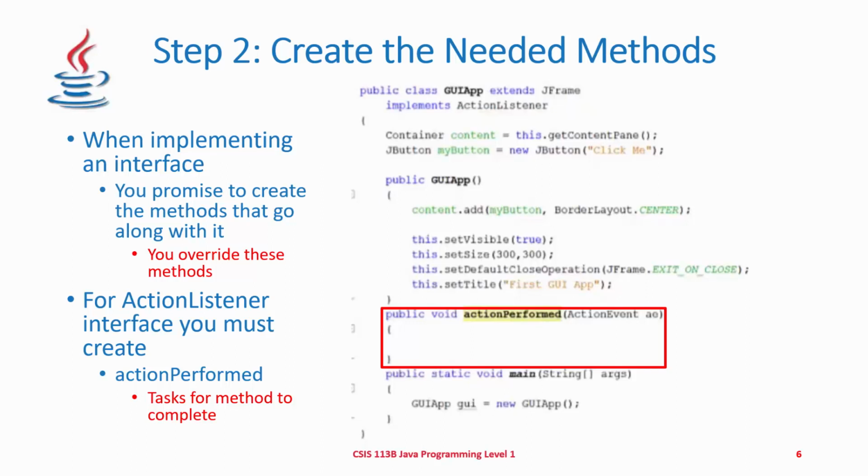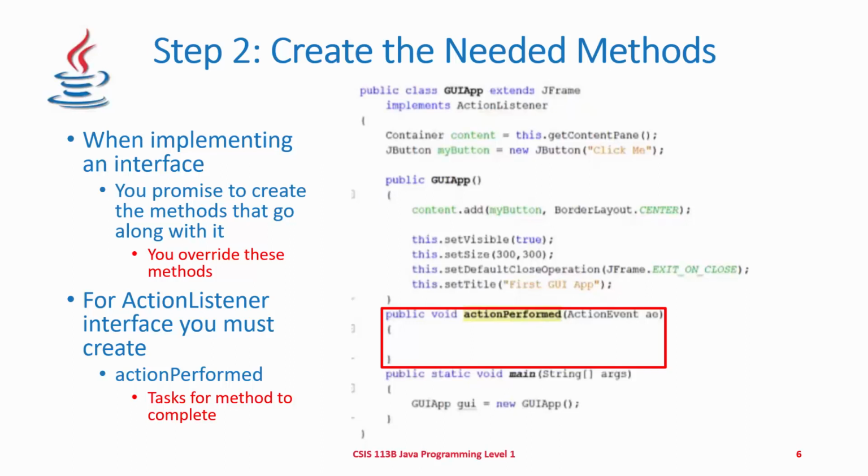So here is an example in step 2, where you're creating the needed methods. And by the way, when we get to the guided practice videos, I'll show you a trick in NetBeans where you can have these methods automatically created for you. NetBeans will detect the type of interface that you are implementing into your class, and then it gives you a shortcut for adding the methods that go along with that. When you implement the interface, we're promising to create those methods, and by putting in your own body, meaning your own statements within those methods, you are then overwriting the methods that were